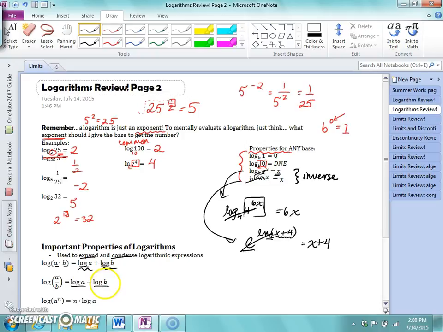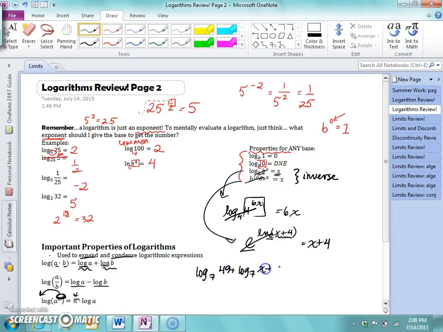You give each term its own logarithm. And here, if you have log of a to the n, you bring the exponent out front, and the n is right here, and you multiply it by the logarithm. And a quick example of that is, let's say I have log base 7 of 49